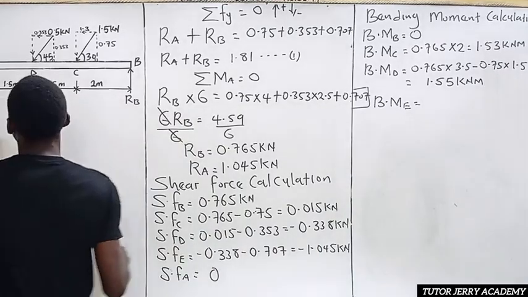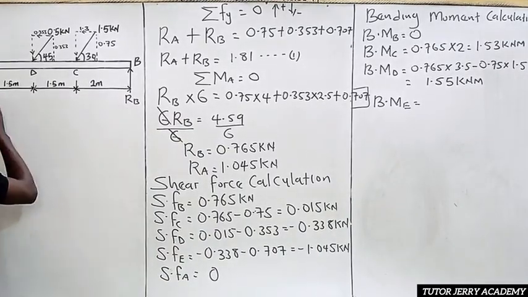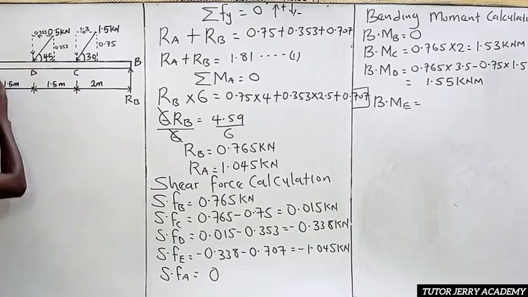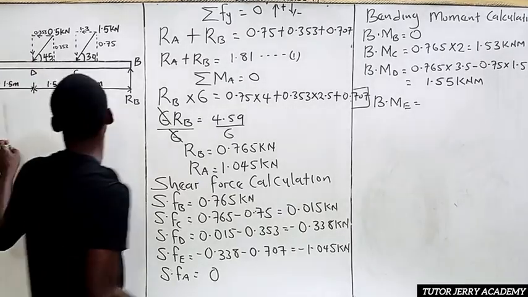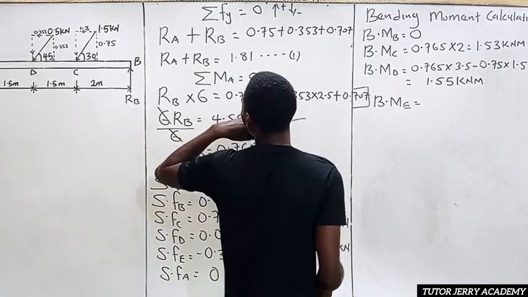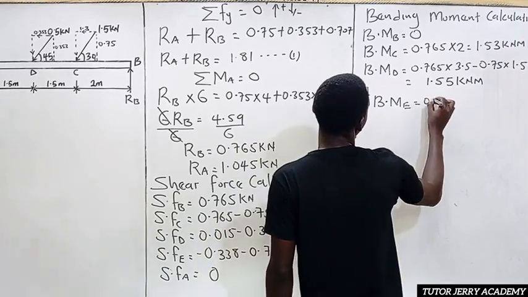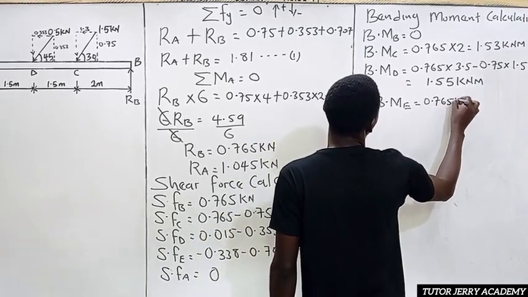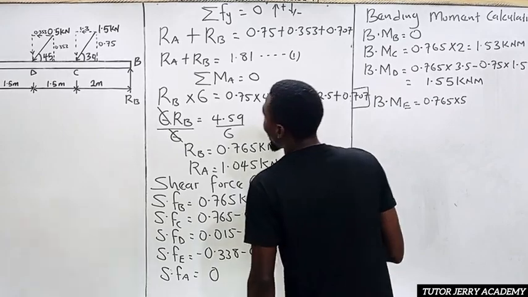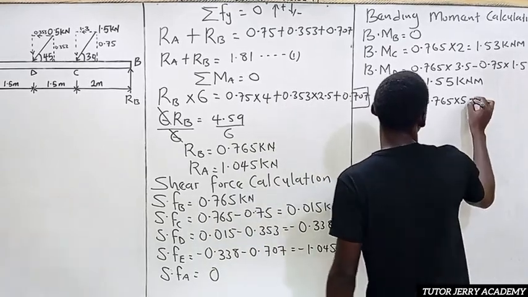We stand at point E, from this point to this point, from this point to this point. So RB multiplied by total distance, that is 35. So it's going to be 0.765 multiplied by 5. All right. Then minus